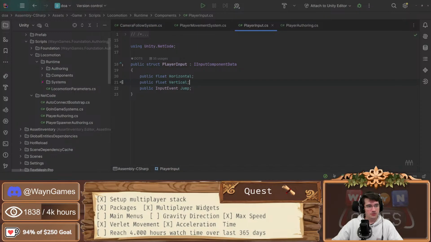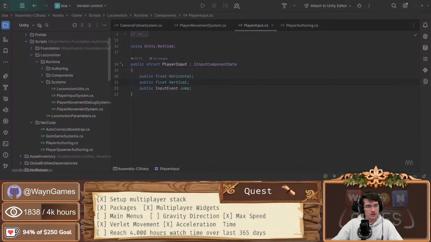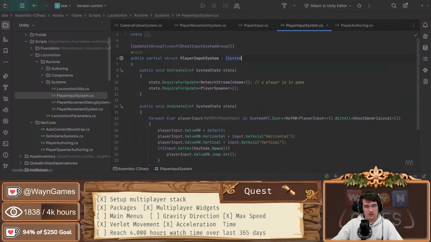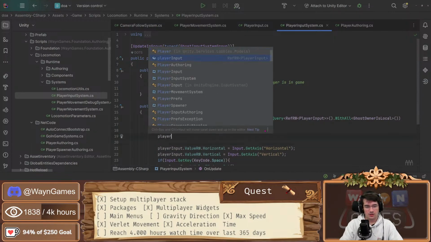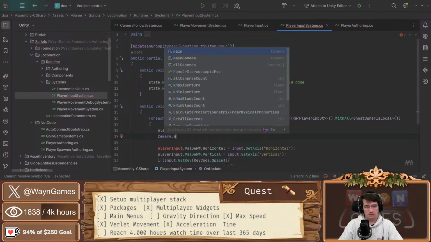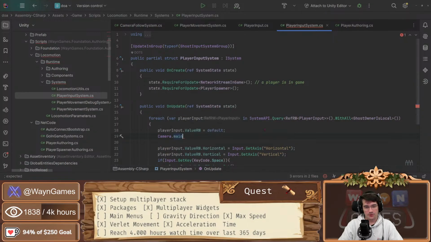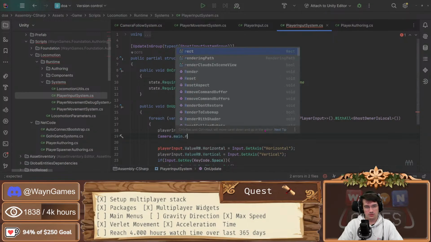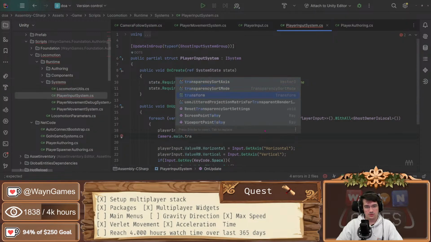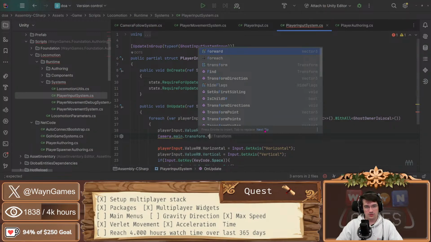So in the player input system, I can get the main camera. Camera. Main camera dot transform dot forward